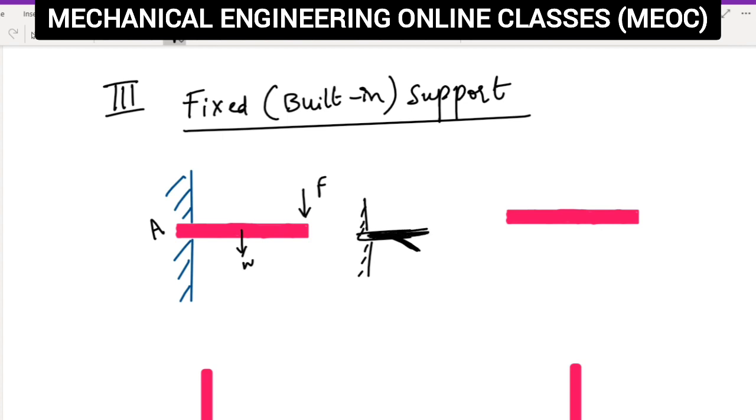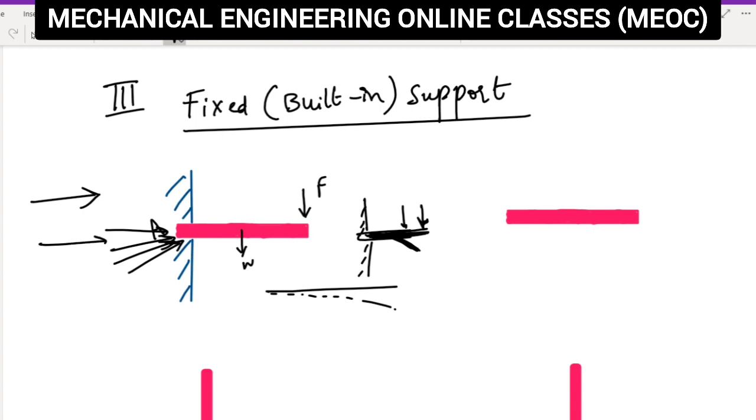So the original position is this. Because of its weight or some other forces acting on it, there is a possibility of the object slightly deflecting. So the object may deflect along the dotted line. So depending on the deflection, the reaction at this particular point A could be in any fashion. The reaction can be like this. No hard and fast rule that the reaction is perpendicular to the wall. It could be along horizontal, it could be slightly inclined also.